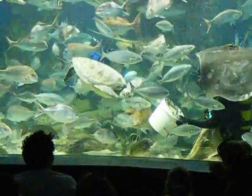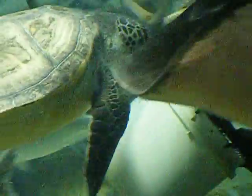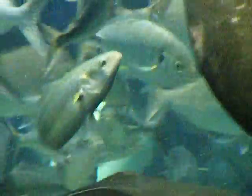So that green sea turtle is only here for a little while. It was actually washed up down in Victoria from Queensland, so sometimes they do end up stuck down here and they get a bit hungry and a bit thin. So we bring them in. This one is almost ready to go back out to the wild, so it will eventually be taken back up to Queensland and released. Looks like they're all done, so they're about to head over to the Ocean Theatre